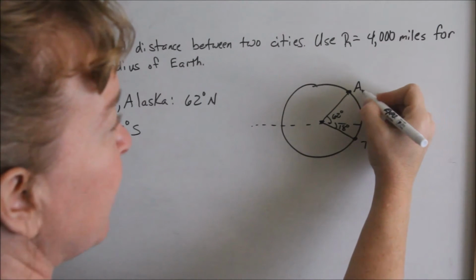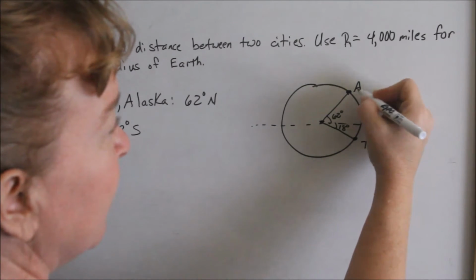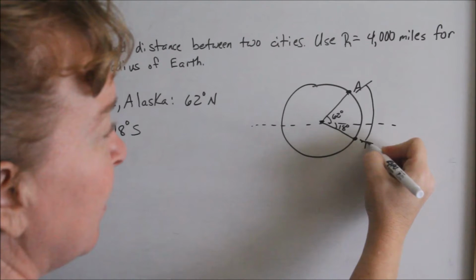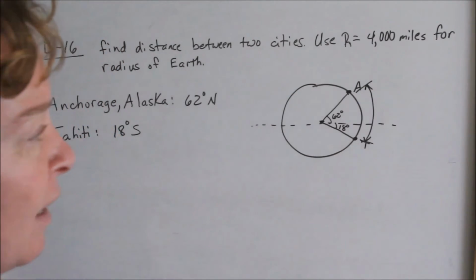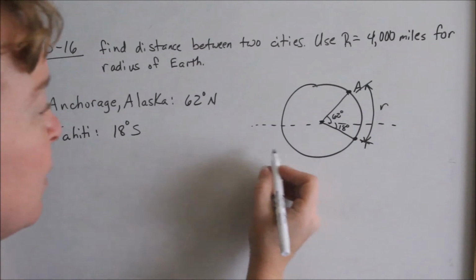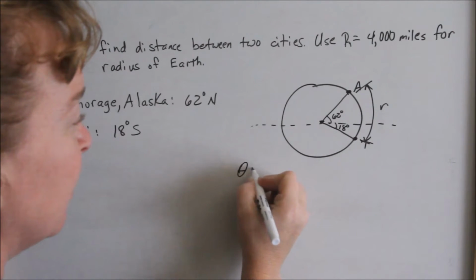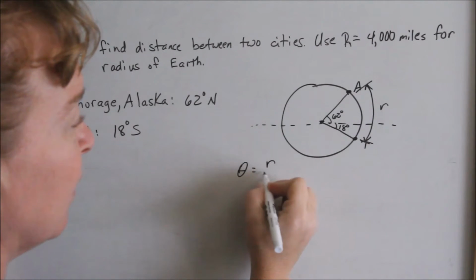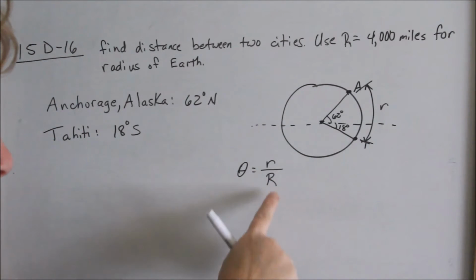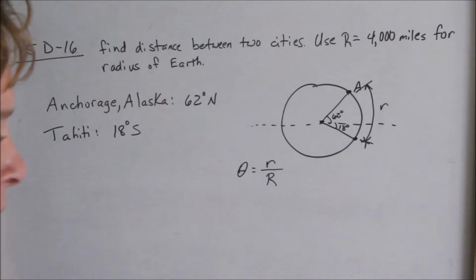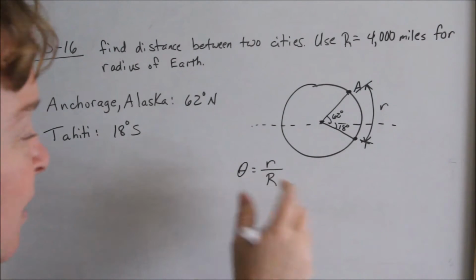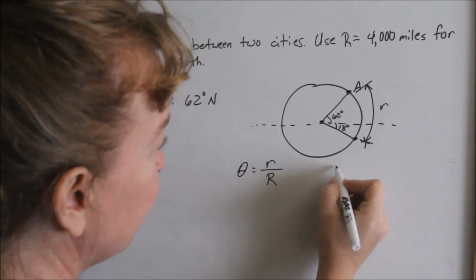They are wanting us to find the distance between these two cities. So we are going to be finding that arc length in between those two cities. We're going to be finding r. So we're going to use this formula of theta equals the arc length divided by the radius. Well, this is the Earth, so the radius is going to be 4,000 miles, and then we're going to do theta, but we're going to put it in radians. So if we had this picture here,